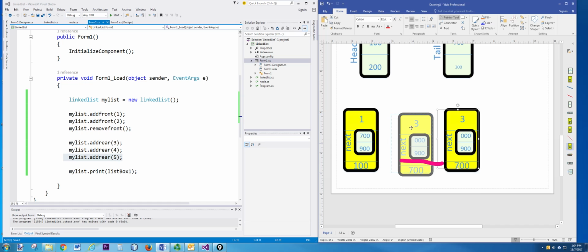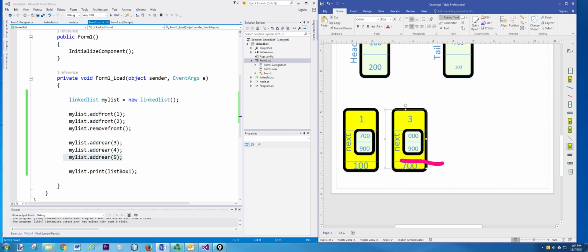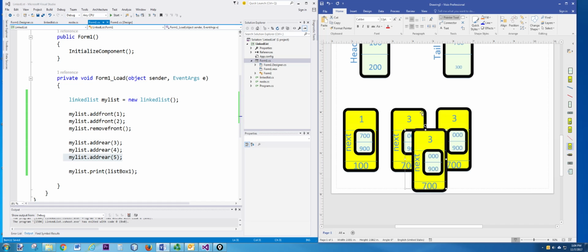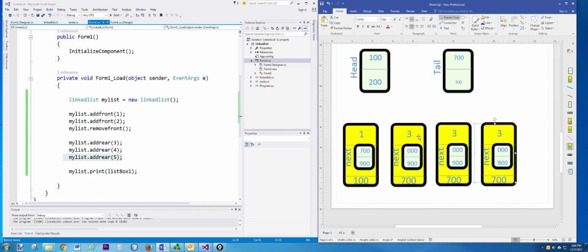Three, 4. Let's erase this guy. Okay, and then we'll copy this diagram. Do some Control Z and Control V. Okay, and 3, 4, 5, and let's say that 5 is at address